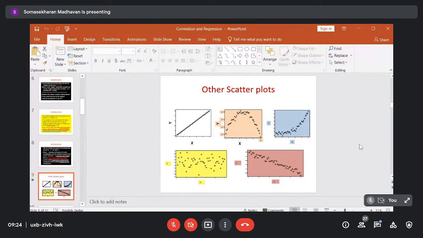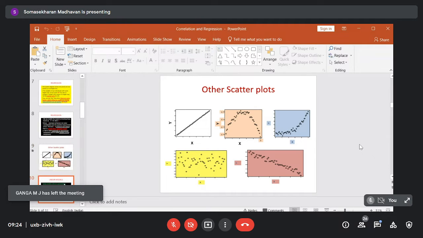The diagram shaded with yellow color indicates there is no relationship between x and y as per the data. And the last one indicates there is a straight line relationship between x and y, but the relationship is negative or inverse. The first one is a perfect relationship with a positive slope, and this is an inexact, or statistical, relationship with a negative slope. This is a mathematical relationship with a positive slope, etc. So this is the way, by constructing a scatter plot, we can interpret the type of relationship between the variables.